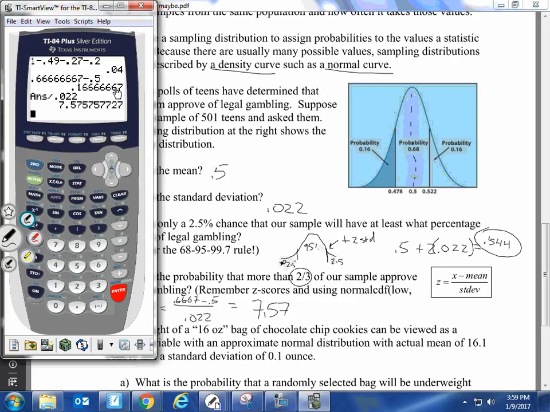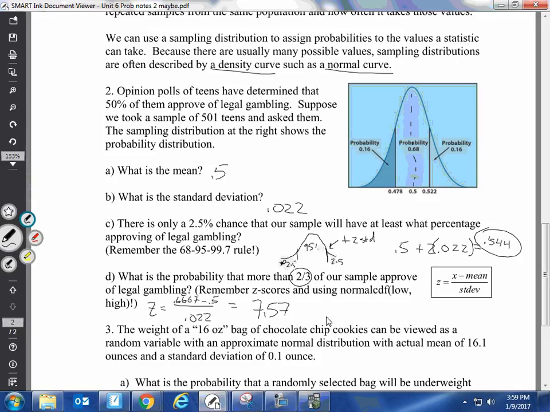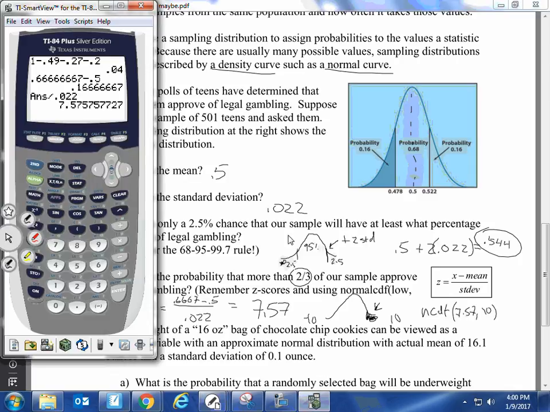Now we want to figure out the probability that we have greater than that many standard deviations from the mean. We're looking at this area up here. Now we know that for normal CDF we'll use 10 in our calculator as our max and -10 as our min. I'm going to plug in normal CDF from 7.57 to 10. We're going to get a value that's extremely small. This is not a very good question, unless my standard deviation is wrong, but